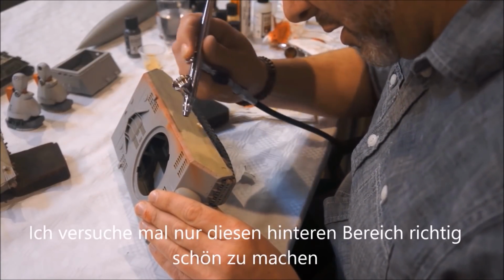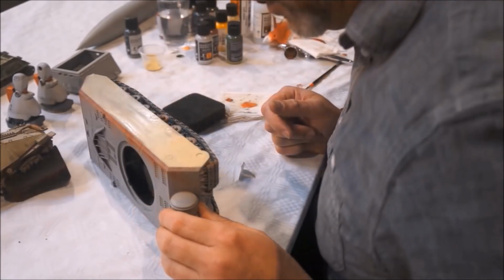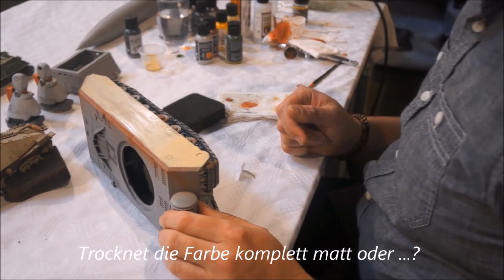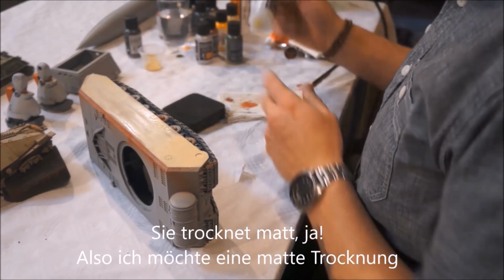I'll try to make this back end here really nice and opaque. Is it drying completely flat? It will dry matte, yeah. So what I want to do is get this to dry matte, and then I'm going to,